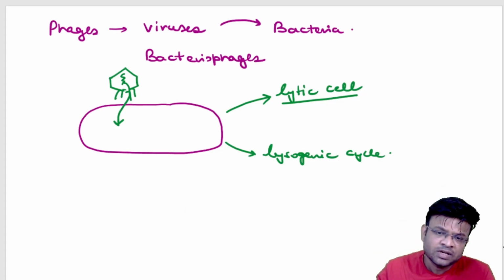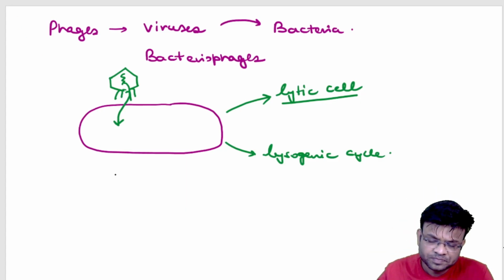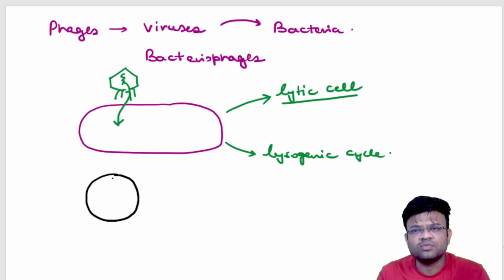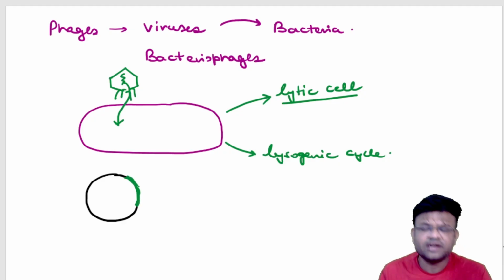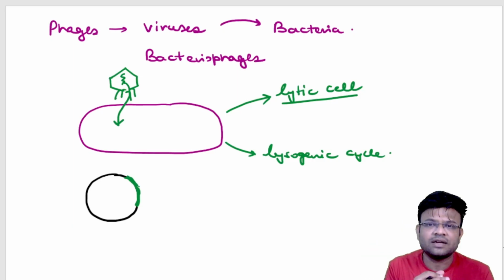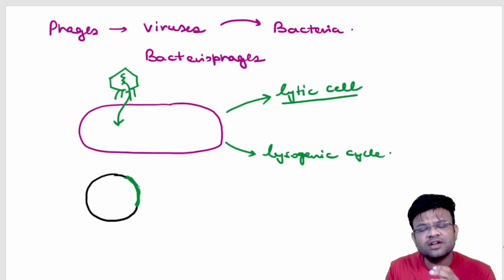What do I mean? So something like this. Suppose this was the bacterial genome. This is the genome of the bacteria. Now the genome of the virus, something like this. So suppose this was the genome of the virus. So the genome of the virus will be integrating inside the genome of the bacteria, and this can be continued for